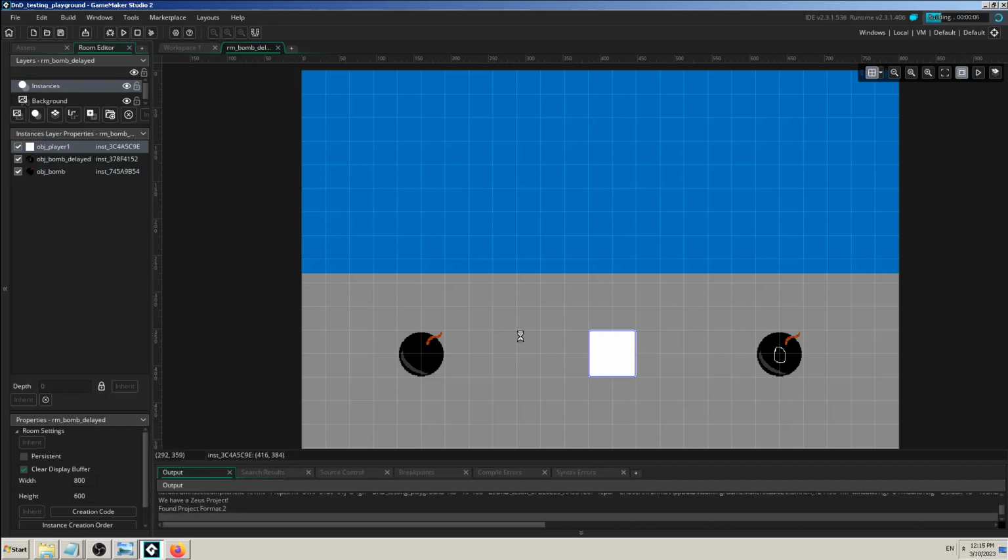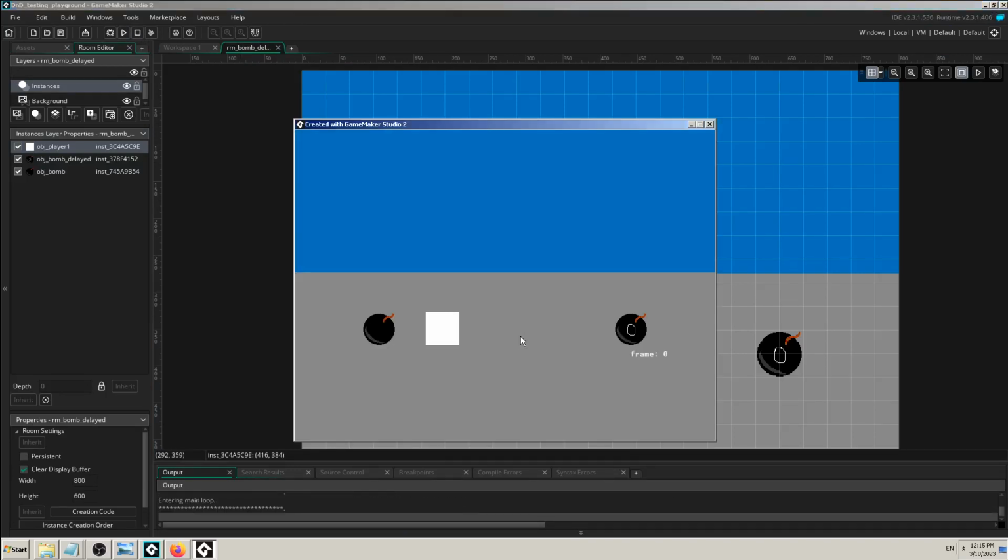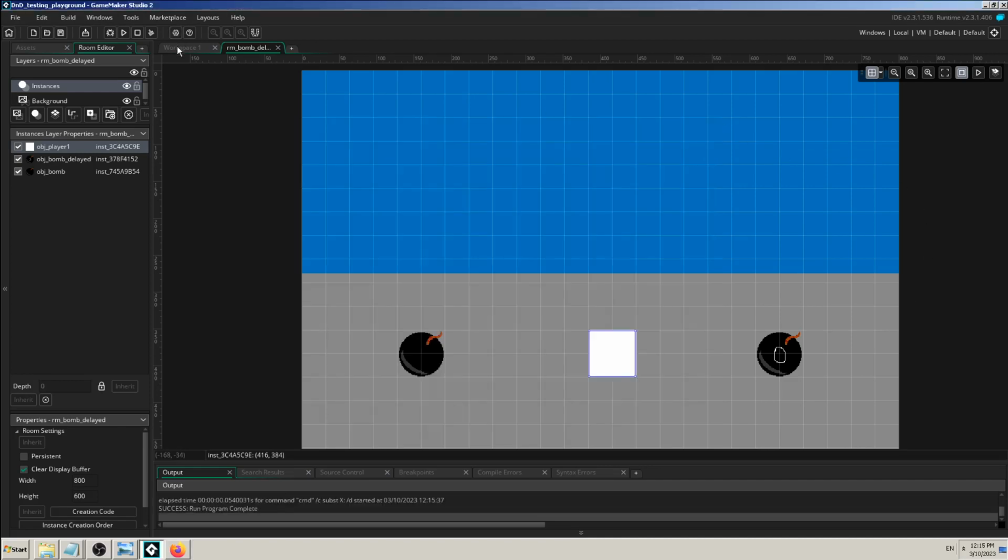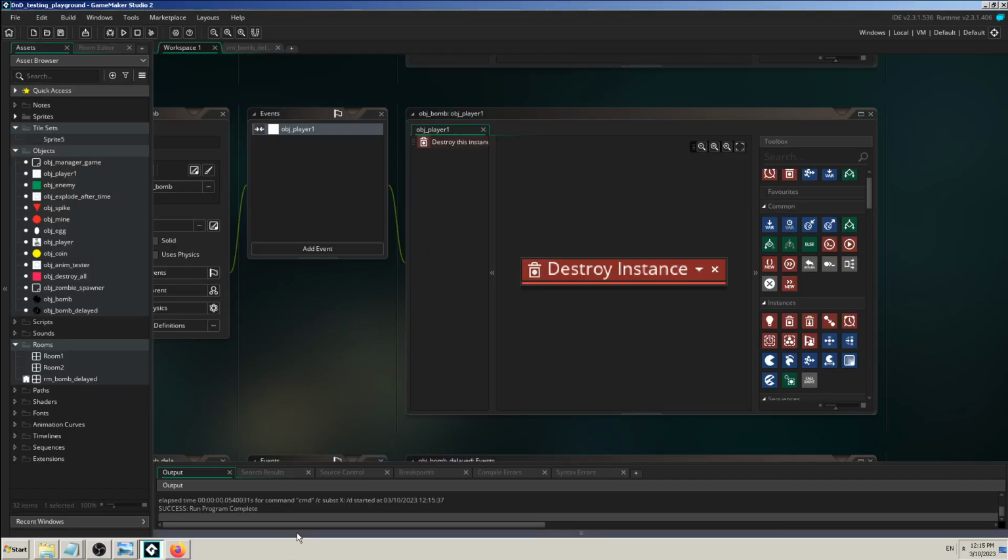And you will have the player and the bomb on the screen. So it doesn't have explosion, it doesn't have damage, because we want to make this as simple as possible. And again, instead of bomb, this could be coin and you could be collecting coins. Simple as that. But now the problem is here with the next